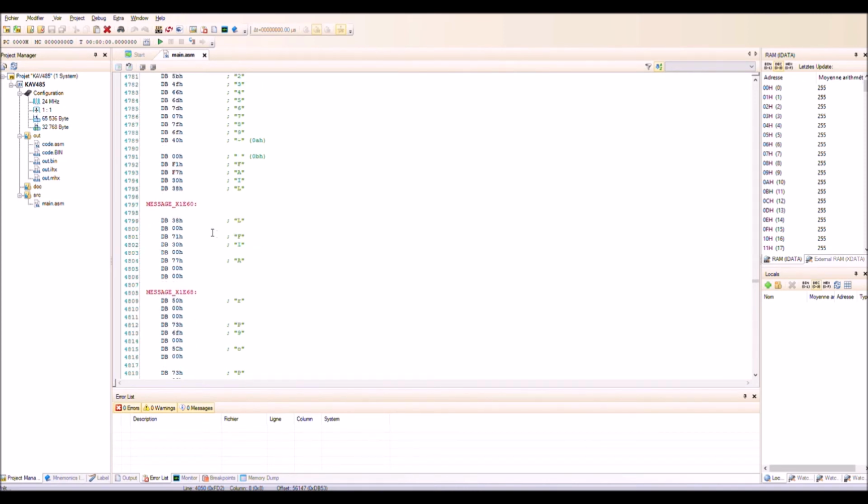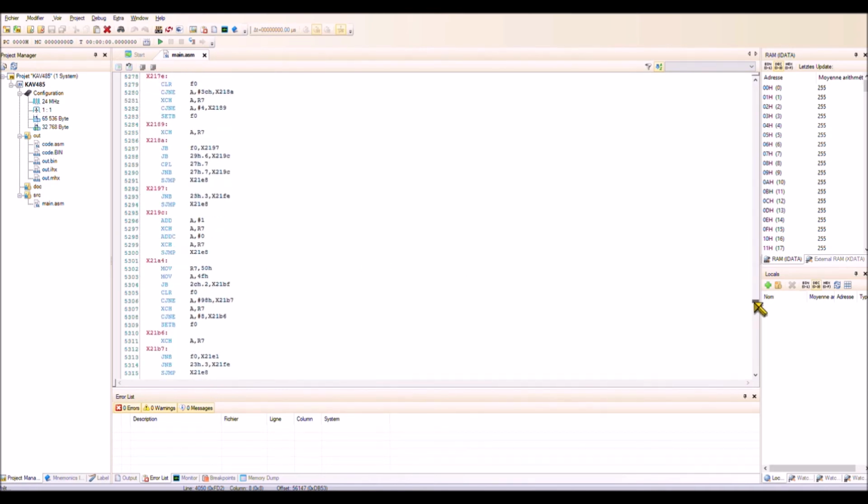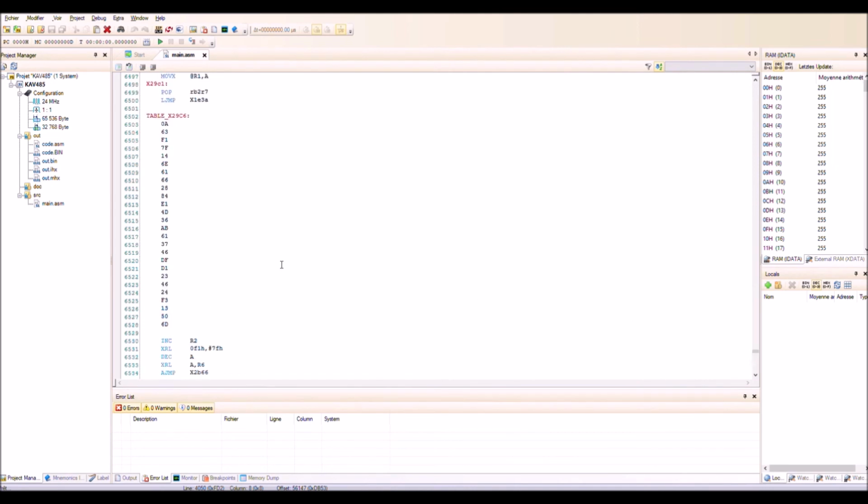Otherwise there are also several tables with different messages. So this is a fail, but in a different order. I don't know why. On the other tables we have different letters and figures. So this is a large table, but actually the disassembler didn't translate this as a table but as code. So this is also a part of the table, so it is very difficult.